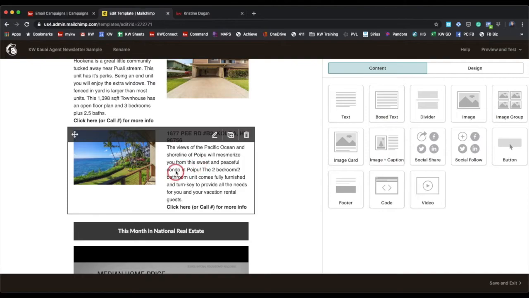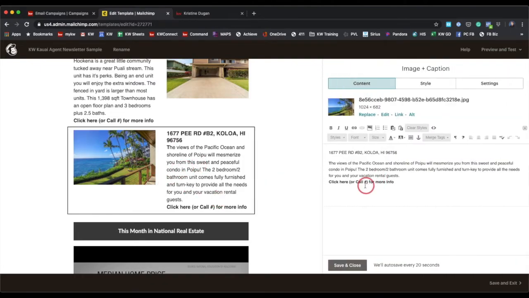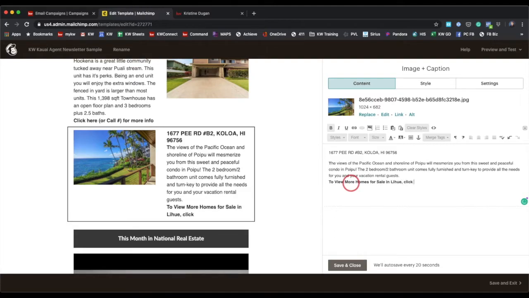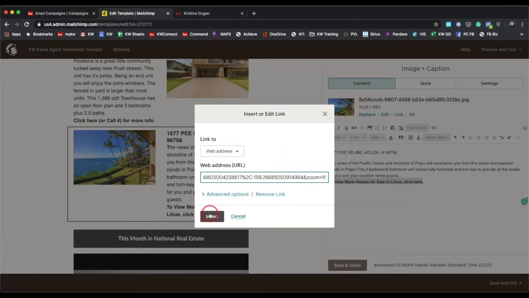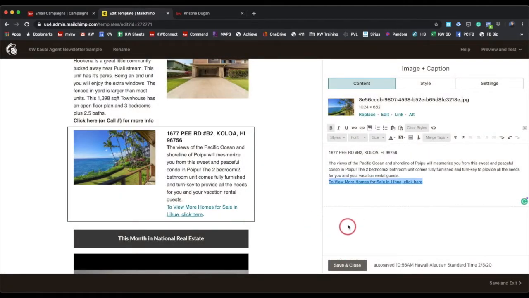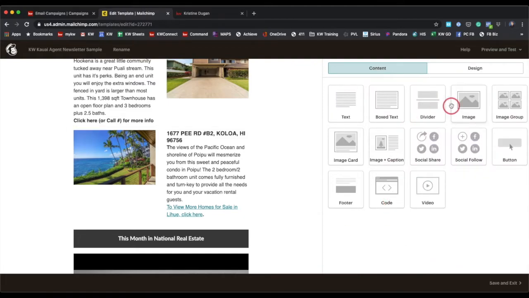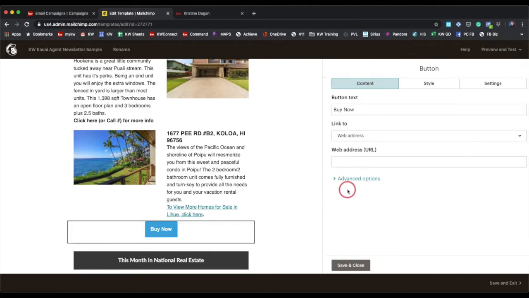In this scenario, I'm just going to go ahead and copy this link. And then maybe I would put, with this image, we would highlight and put in our link back to our website, right? So lots of different options with that. We can make that bold. If you wanted to drag in a button for that, we would just choose button and drag that over, and then you would put